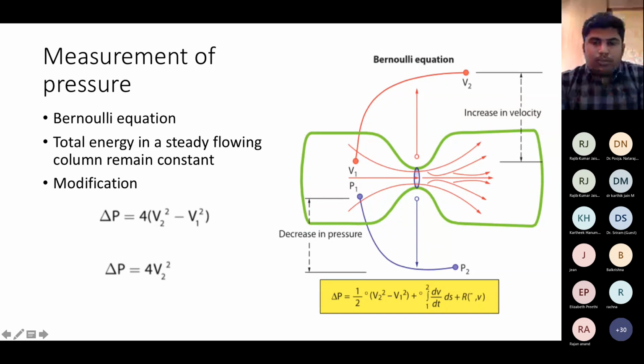If the blood goes through the narrow orifice, in order to maintain the flow, as we already saw, which is called conservation of flow, the velocity increases. As the velocity rises, to keep the total energy the same, the pressure drops. By Doppler technique, we can measure the change in the velocity. This change in velocity can be used to measure the change in the pressure between the A1 and A2 points. For this purpose, we use something called Bernoulli's equation.